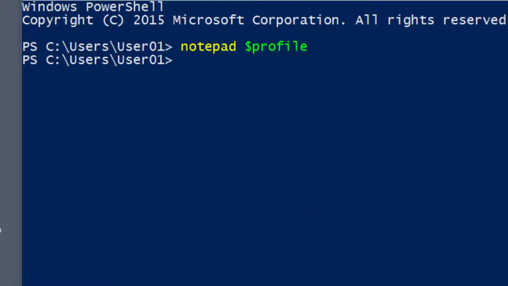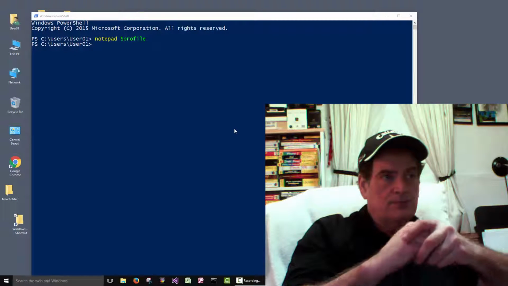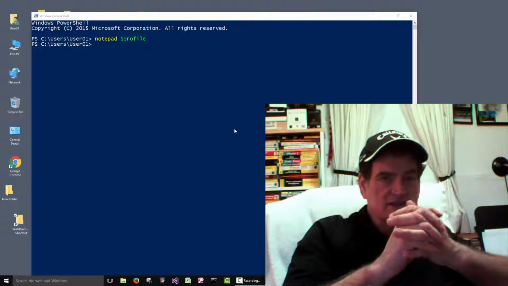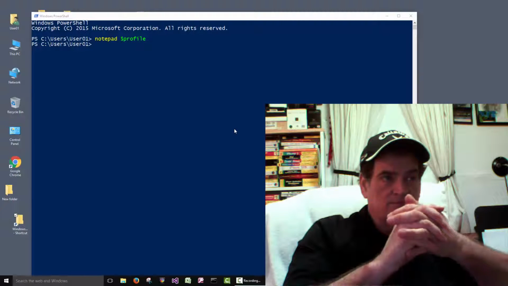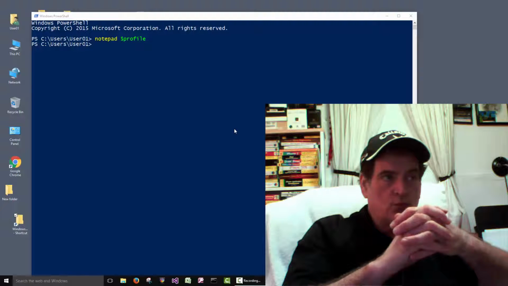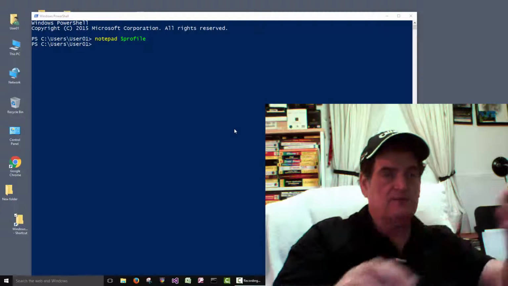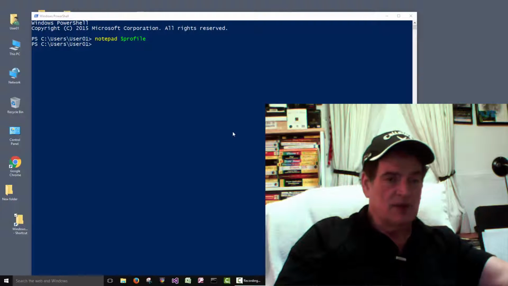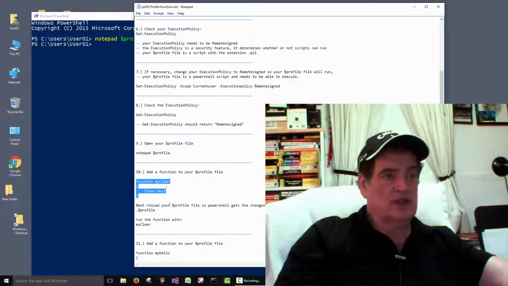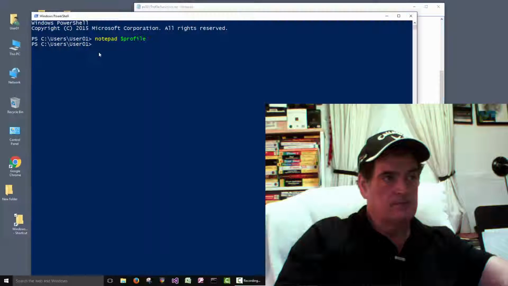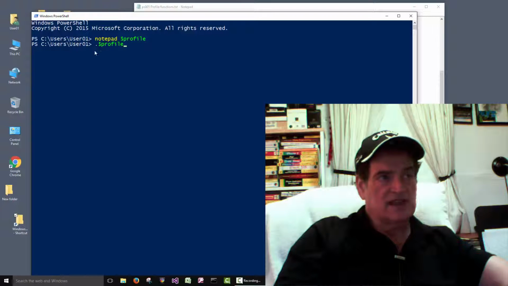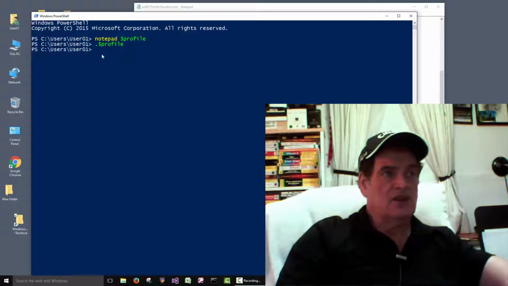and close it. Now PowerShell needs to get the changes. We made changes to our profile file, but PowerShell doesn't know about it yet. So we have to go out and reload the profile file. And that's what this dot says. Go out and get the new profile file. Okay, so now we have our changes,